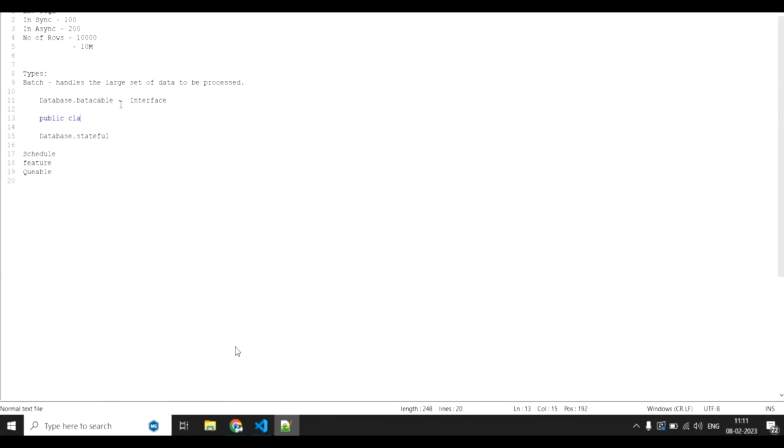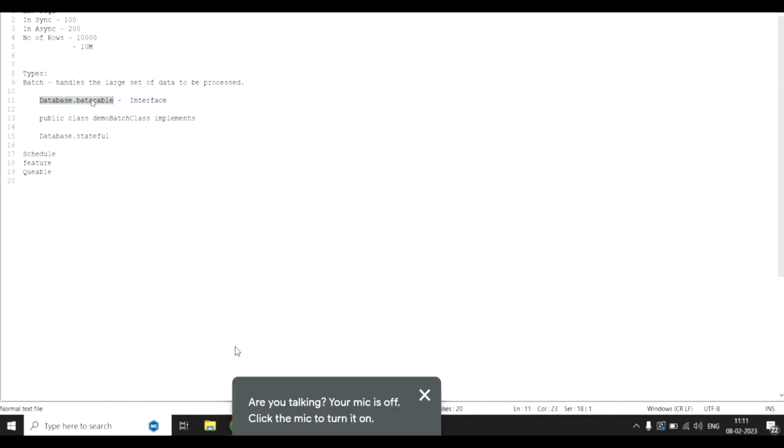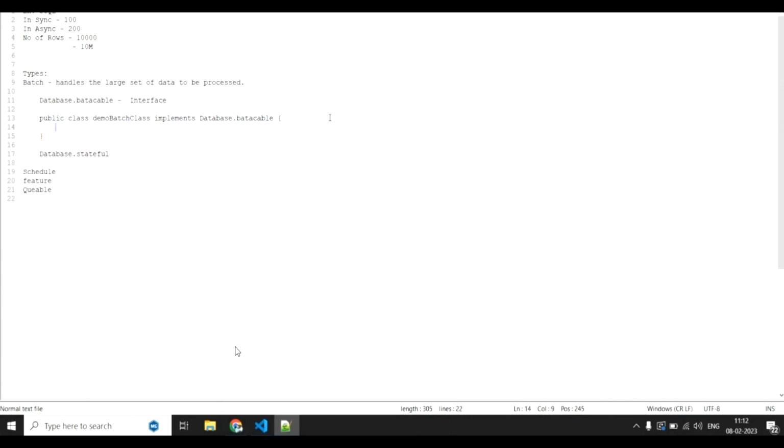public class. Let's say my class name is DemoBatchClass implements Database.Batchable, which is my interface. Am I correct? If we are using this interface in Salesforce, this Batchable interface will contain